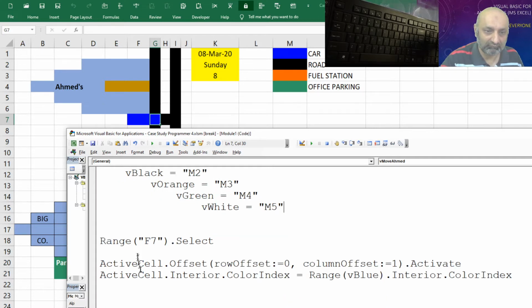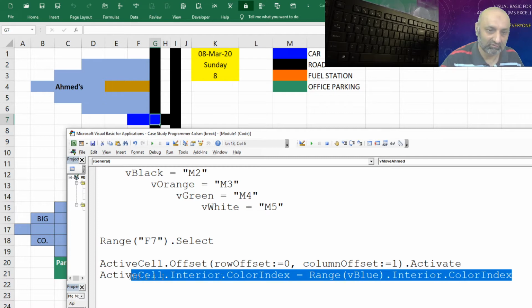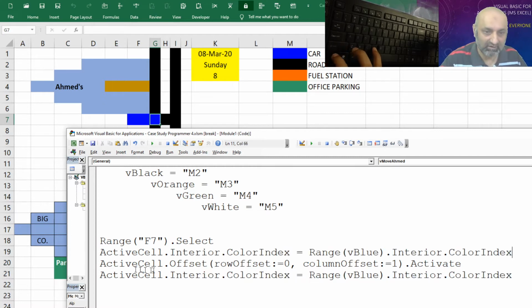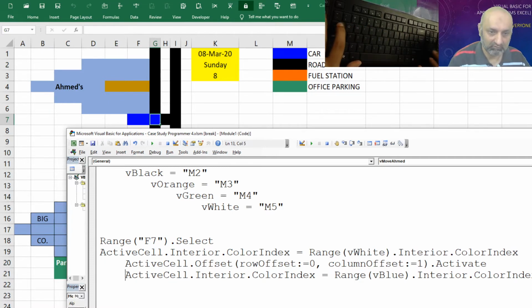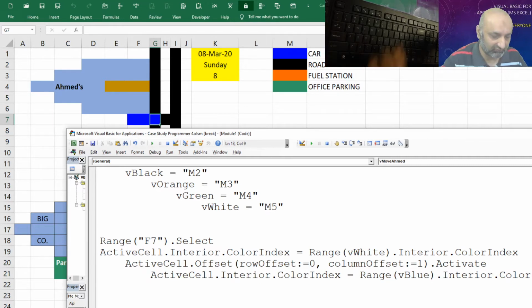So the next step would be, before moving our cursor, we need to change the color of F7 to white. So instead of blue, this should be white. So let's run this once again.